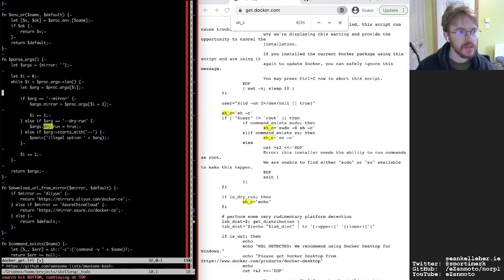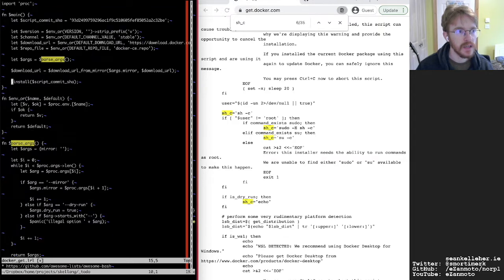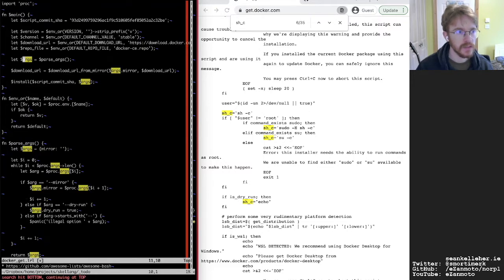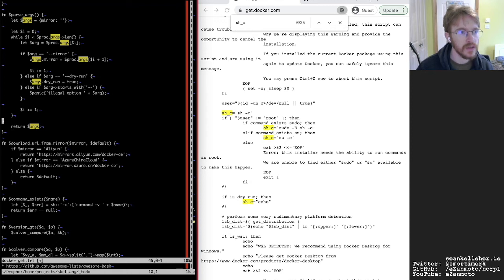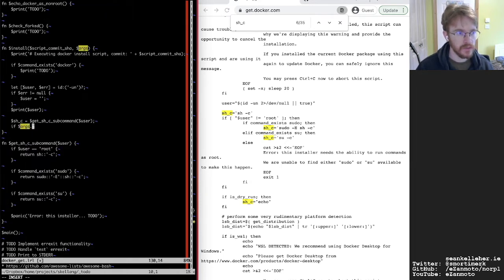So I store that in args at the moment and in parse args. So I'll pass that to the install script now that I'm referencing it. And I'll say if args dry run is equal to true. So if args dry run,